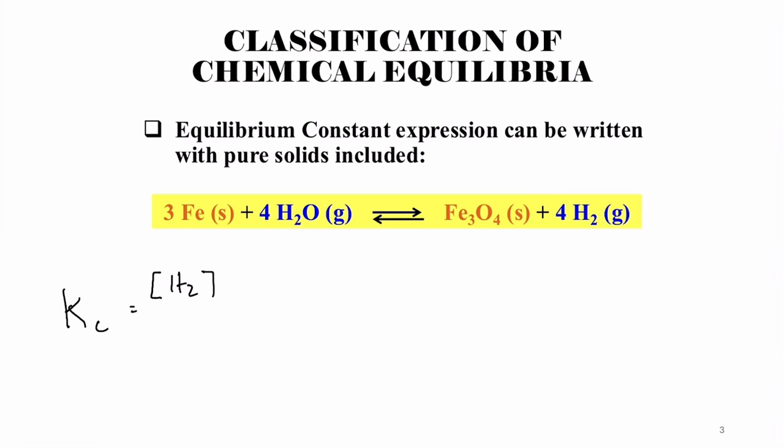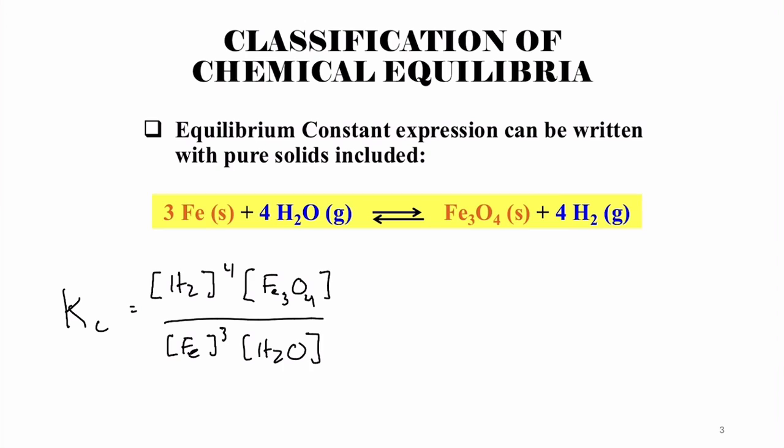So this would be H2 to the power 4, Fe3O4, so iron oxide, over iron, which is also going to be solid, raised to the power of 3, H2O to the power of 4,